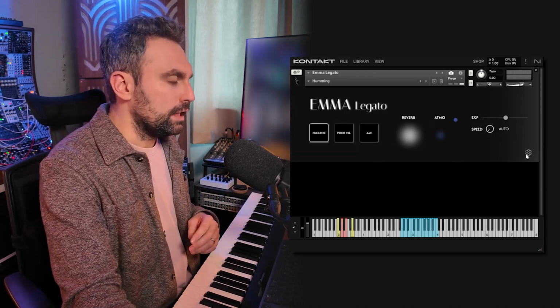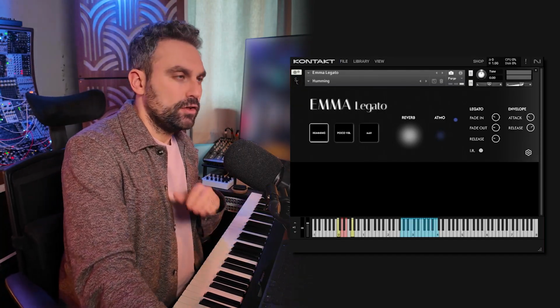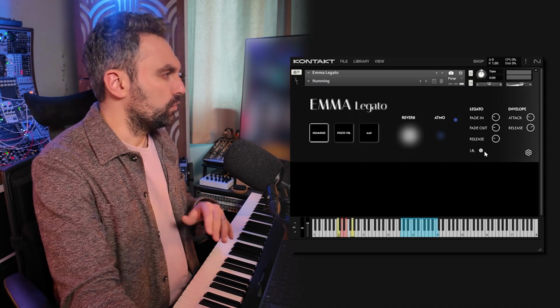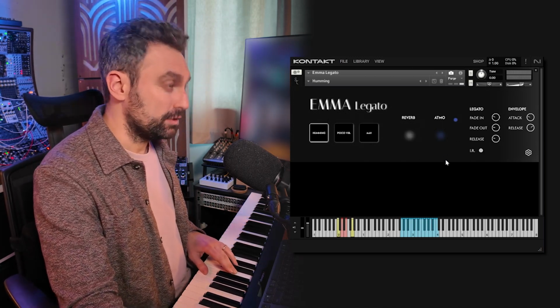You can also click on the cog icon to access the advanced menu. These are the controls we sort of hope you won't have to touch at all, but they're there for power users who want to have an extra level of control over the Legato engine. The first thing you might want to tweak in this menu is the impulse response. You notice that even with both reverb signals all the way to 0,